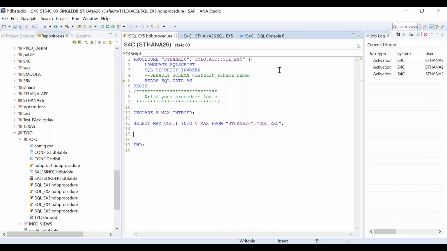Now I will be taking the user input, the user input of integer. Now what we will do is say v_max is equal to v_max plus 1. Why am I doing this? Because we will start inserting the values from the next maximum value, which is 3. Now I want to take the user input. If it is 20, then from 3 to 23 it should be inserted into my table. So how do you write this?